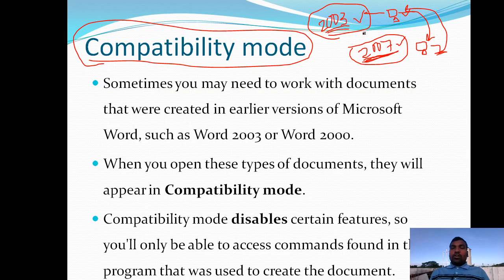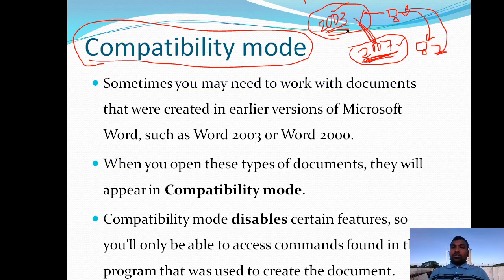If you want to open the document in both systems, with both kinds of software, then in 2007, while performing the saving operation, you need to compromise and save in Word 97-2003 format. Then that format will be supported by the 2003 software, so it is opened properly and you can perform any kind of operation.